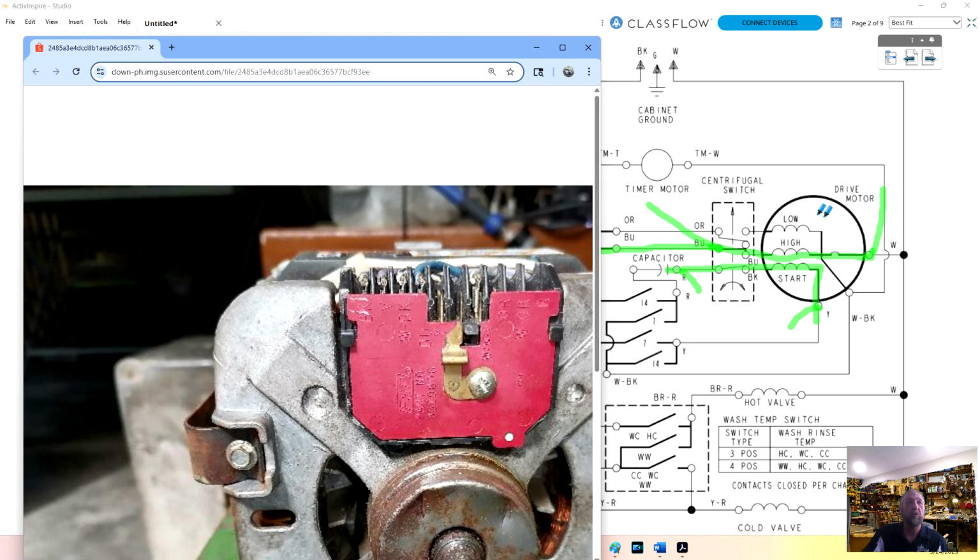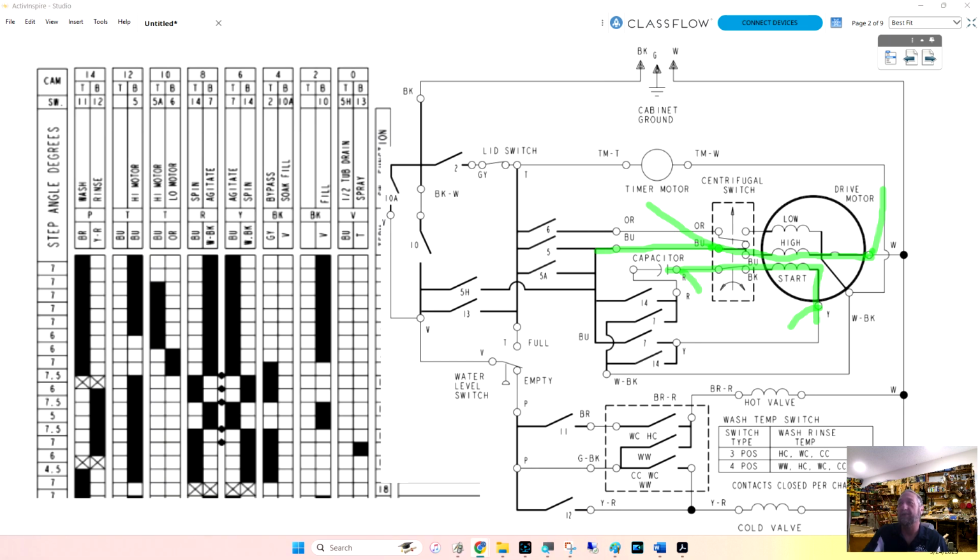So you have to know where these points are on the diagram as to where they are on the actual part. One thing that would help you with this is blue, white, there would be a plug here, and I tried to get a picture of it, guys. It was near impossible to get a picture of the harness to show you what that plug looked like. So I apologize. I'm going to take more pictures of the machine I have in my shop.